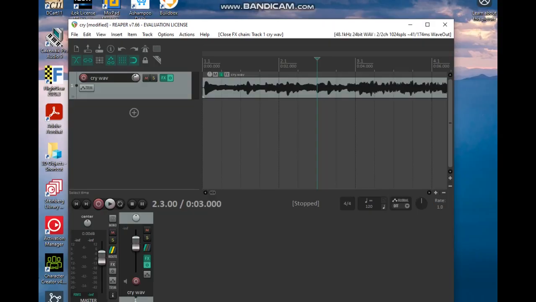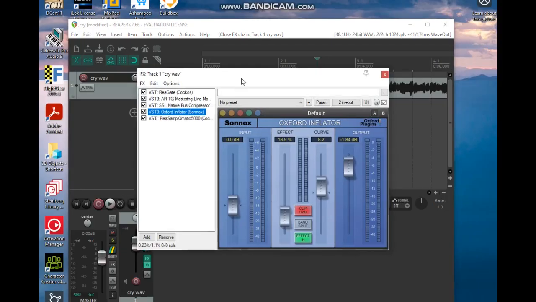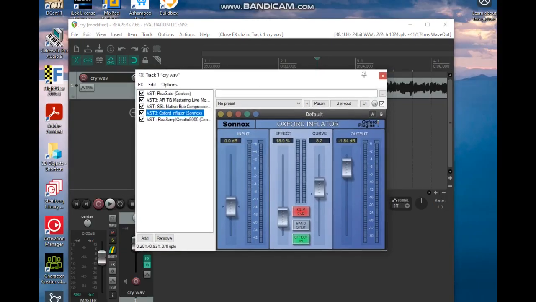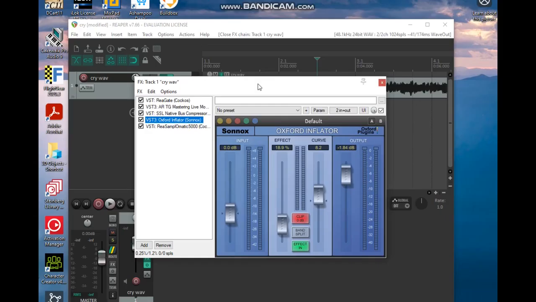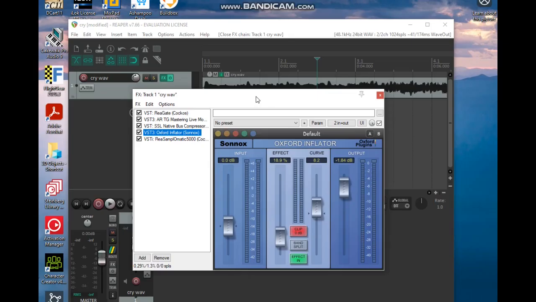And so you can load all your mastering plugins and your effects and add the ones that you want to add. And the thing about Reaper is that when you bring up your plugins and you're doing your mastering, it automatically applies it to the track. You don't have to push apply.